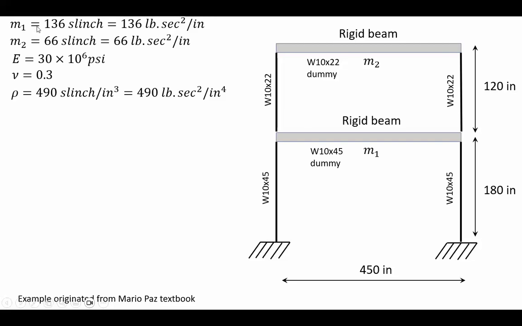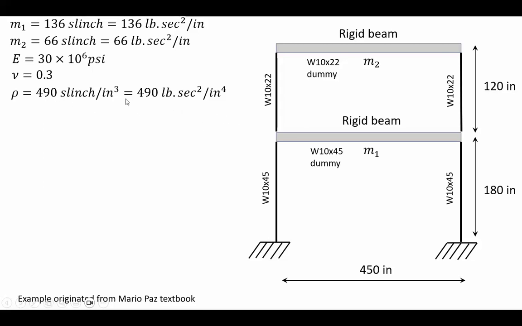So the calculation using tributary area, etc., gives you the mass of the first floor, 136 slinches. This is a weird unit in the imperial system for mass, and then M2 is 66. Young's modulus and Poisson ratio are given here, and the density of steel, which is only used for hand calculation of M1 and M2,